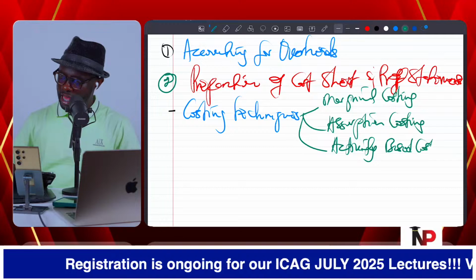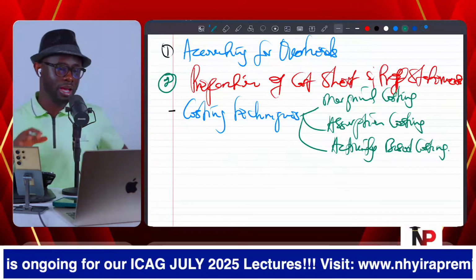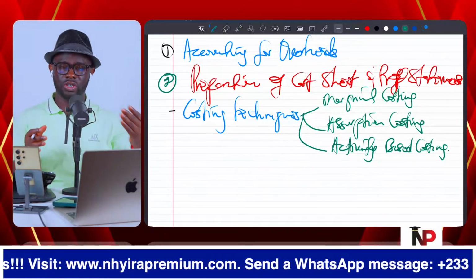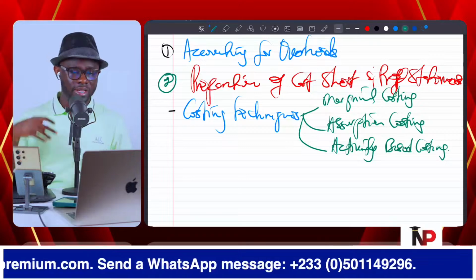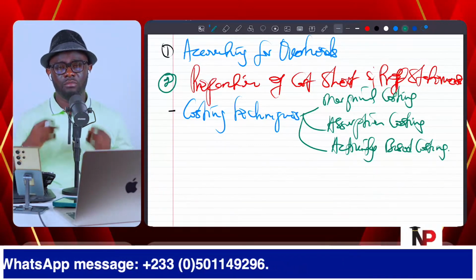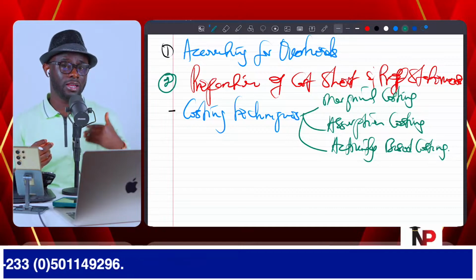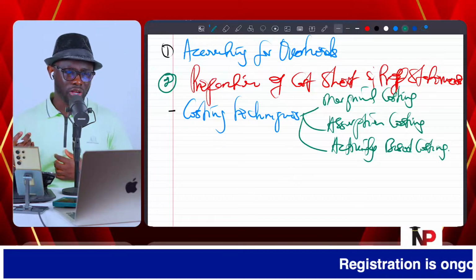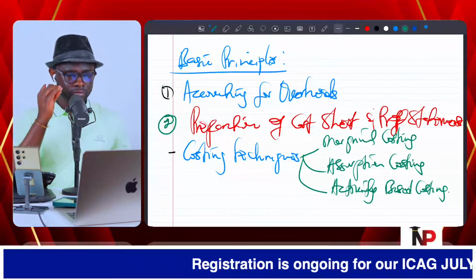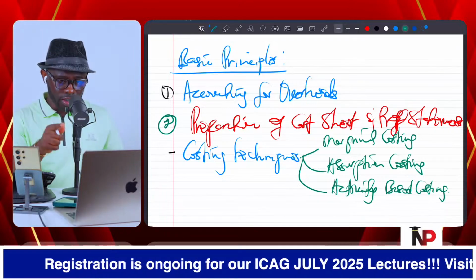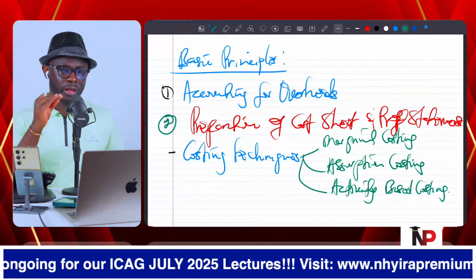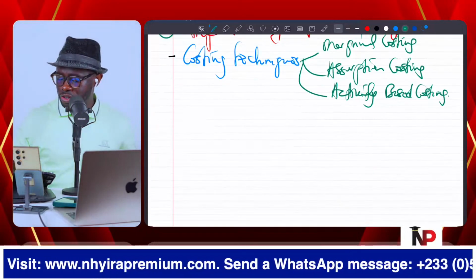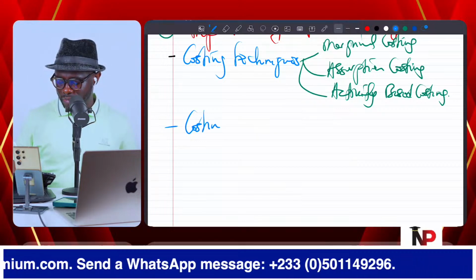You will see that under models of evaluation in the session A aspect of the syllabus. But activity-based costing feeds into the preparation of the cost sheet or the cost card, accounting for overheads. Then the profit statement comes in because there is a way we prepare the profit statement in the marginal costing environment, and there is a way we prepare it in the absorption costing environment. And so you must understand how we deal with the cost sheet and cost card preparation. The reason why this is important is because the costing methods must be known.